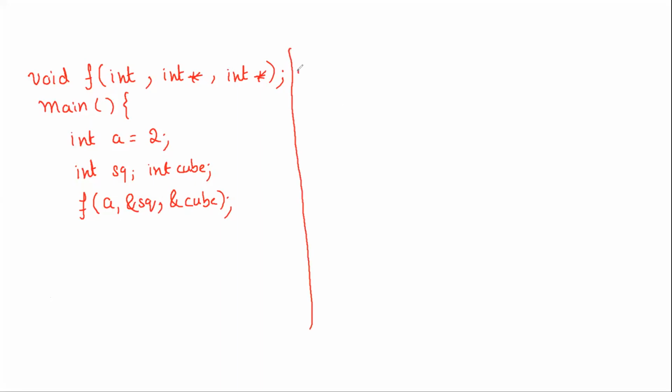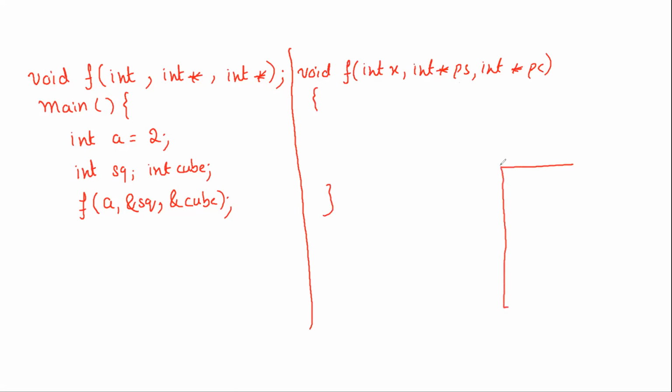So here I'll be writing the body of this function, say void f. We call it, say, int x. Then we have a pointer, we call it ps, for square. And then we have another pointer, we call it pc. And as always, just to understand things better,